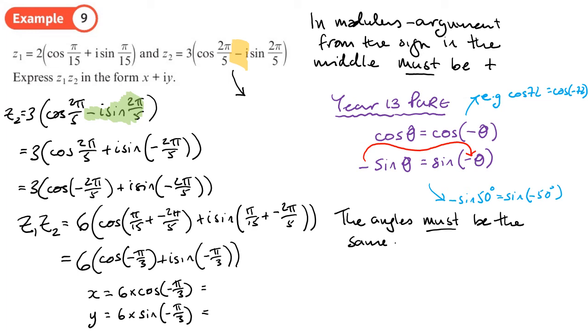In radians, 6 times cos negative pi over 3, and I get exactly 3. And in the y part, 6 times sine negative pi over 3 is negative 3 root 3. Negative 3 root 3. So that will give us our final answer of 3